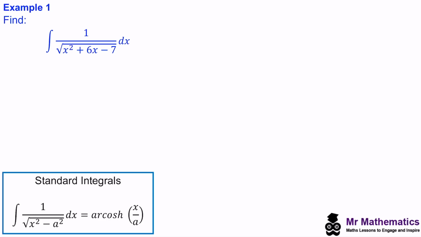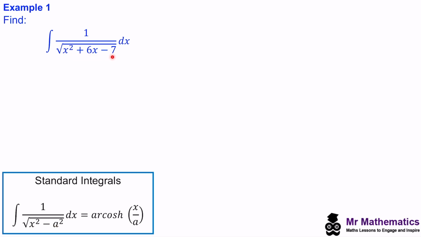Hi everyone, so in this video I'm going to show you how to integrate with hyperbolic functions in the form of 1 over the square root of a quadratic. To do this we're going to use the standard integrals of this form. But to make this quadratic look like an x squared term minus a constant, we need to use the method